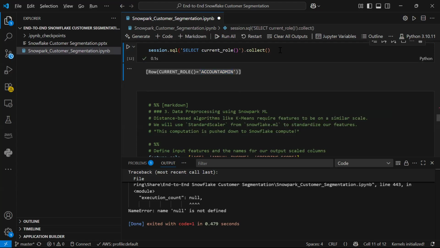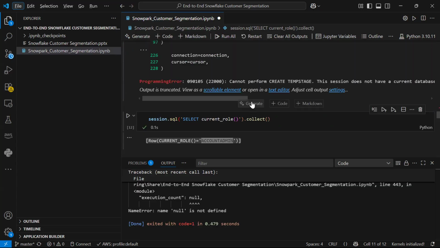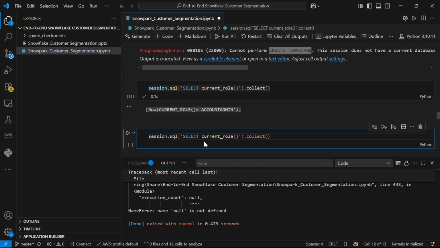See, by default, we are using account admin only there. I don't know why it is. I want to create temp stage. Even the current database, if you go and see, it will be banking only.